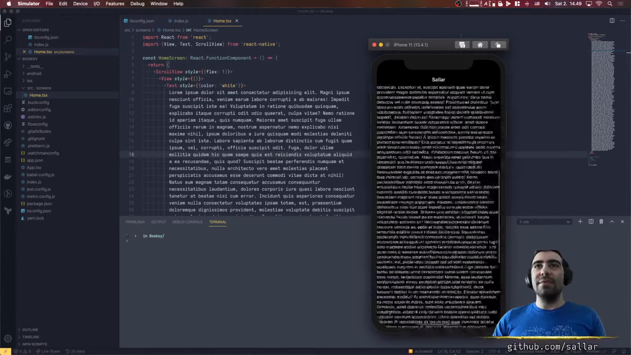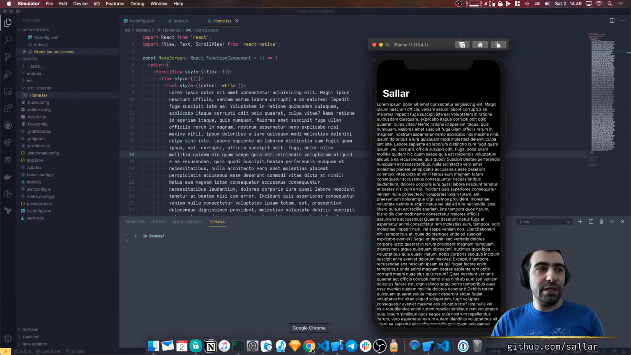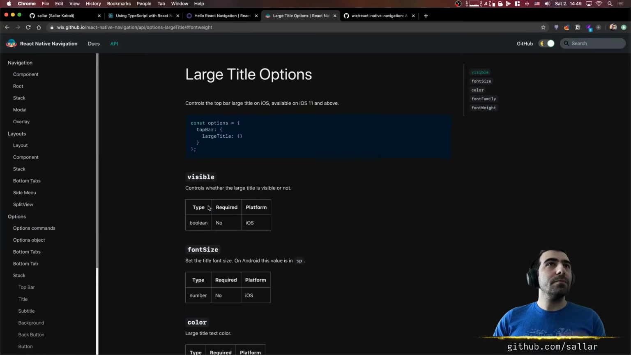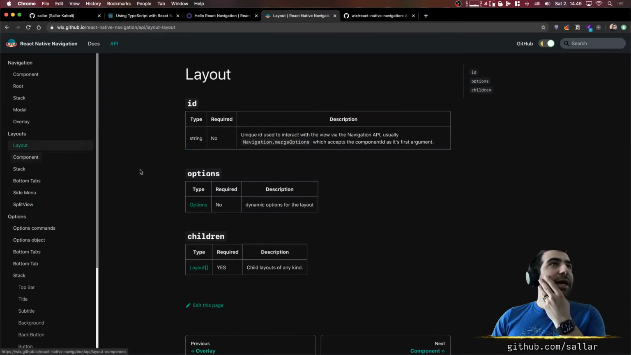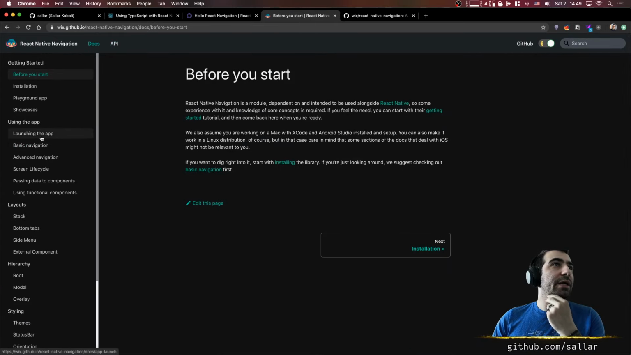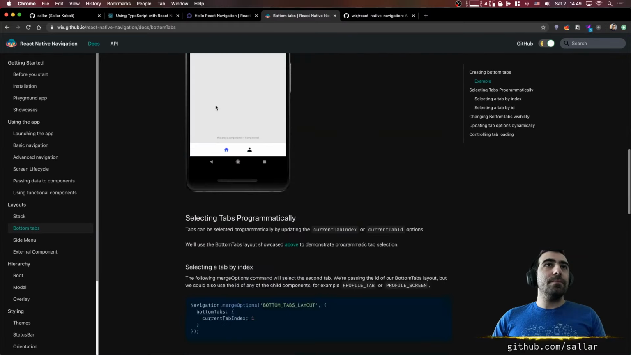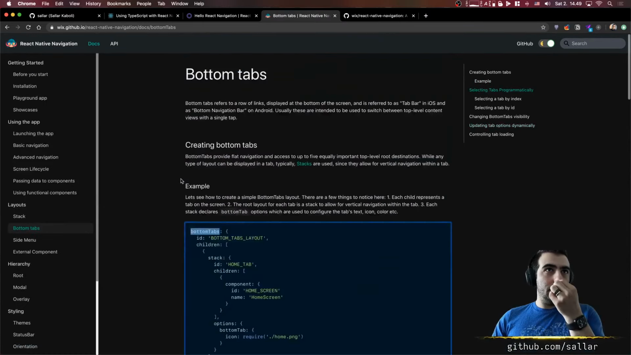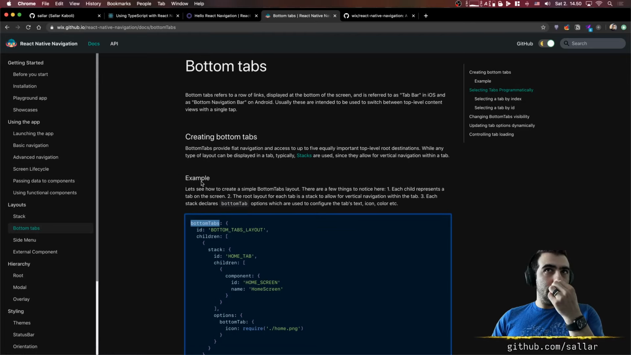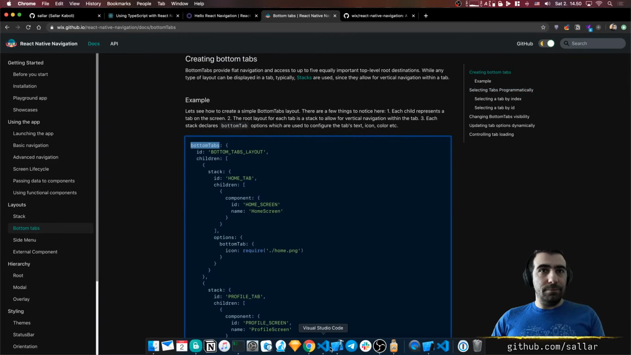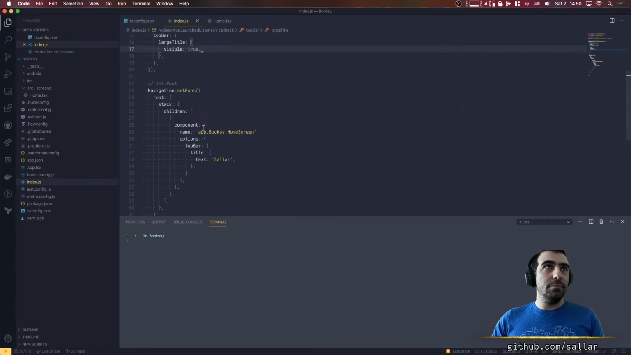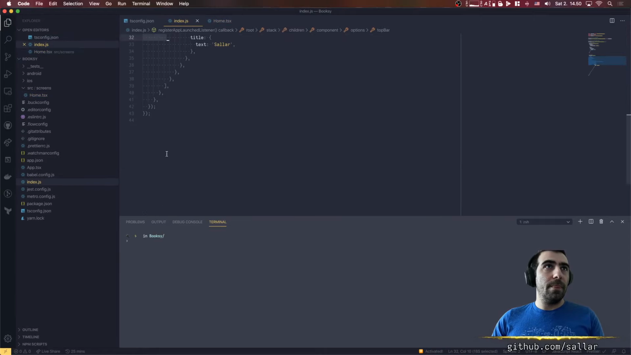Let's go and add tabs now. Now that we have the home screen, let's just add tabs. Cool. Layout. No, we don't want this. We want API. And I want that documentation. Bottom tabs. Yay, this is cool. So let's just make this